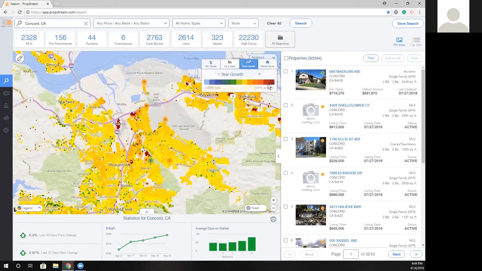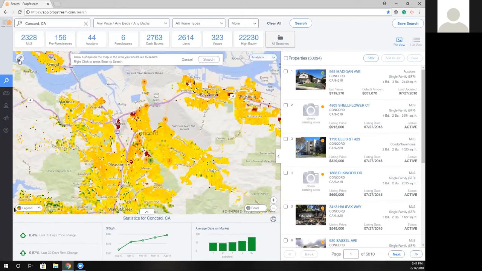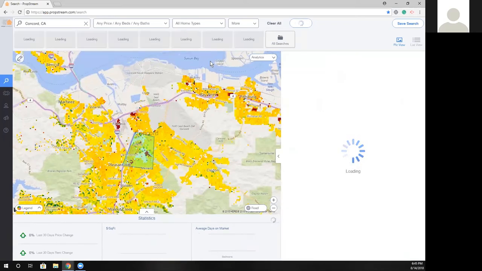What we also embedded in the map is the ability to do a draw search. So rather than searching a specific area or a zip code or a city, you can actually just utilize the draw search feature to pinpoint, in this particular example, an area that's trending towards 100% growth. And what our system will do is only populate results in that area for you. And then the other options that we've put on the map is the ability to go from satellite view to road view. So if we can give it just a second to populate our results.